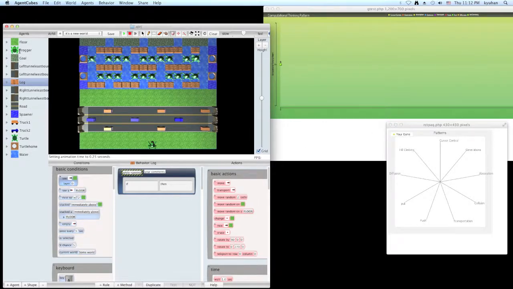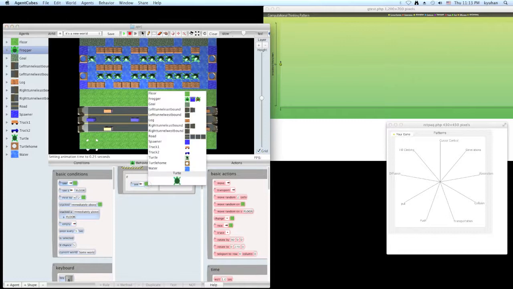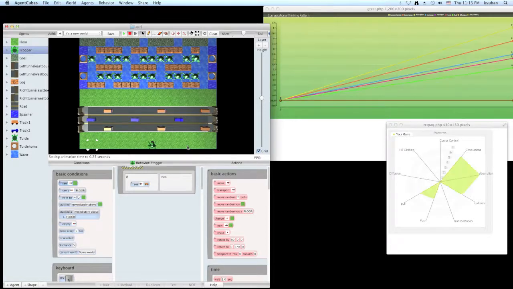So I'm going to make one pattern, which is called collision. Collision in this game of Frogger: when the frog sees a truck on its left side or right side, it is changed to a dead frog and is erased. So the first condition will be C: if I see the truck on my left side, then